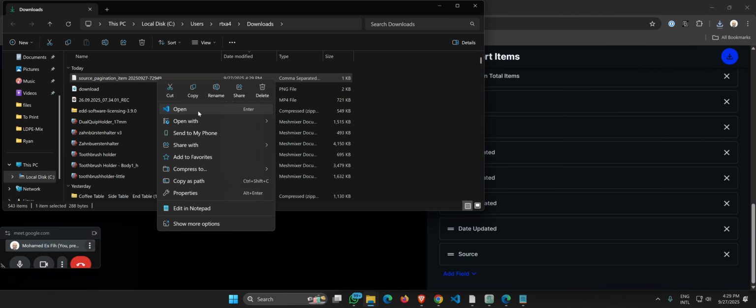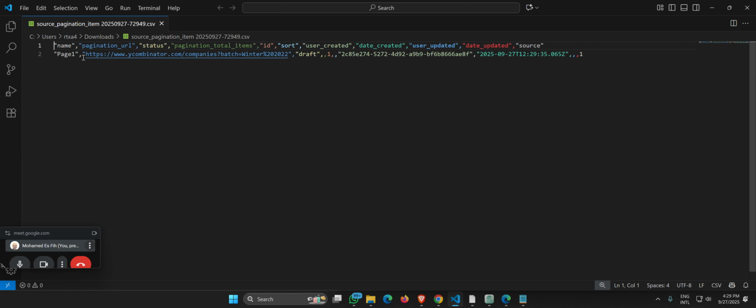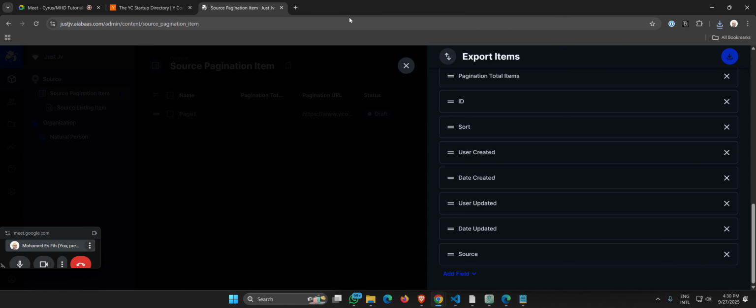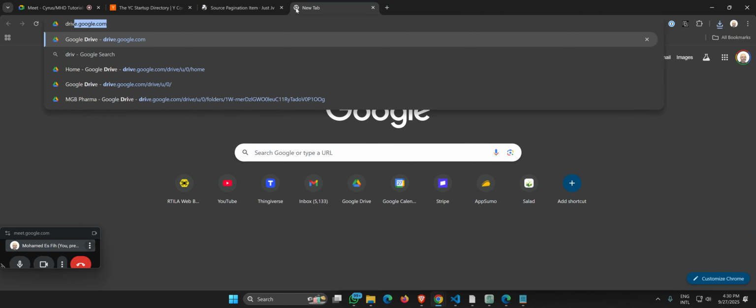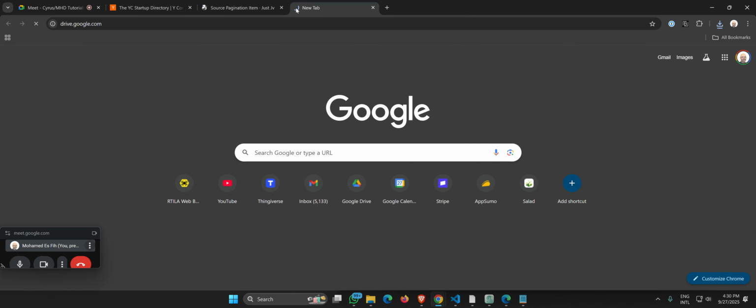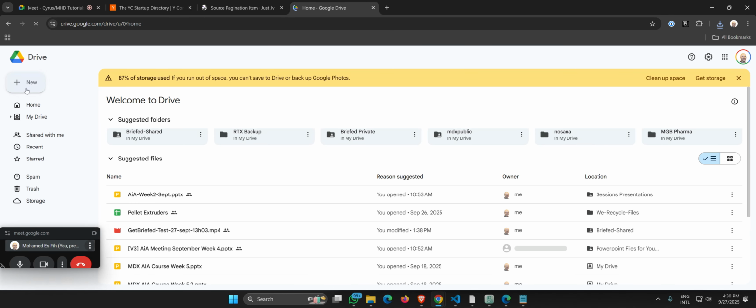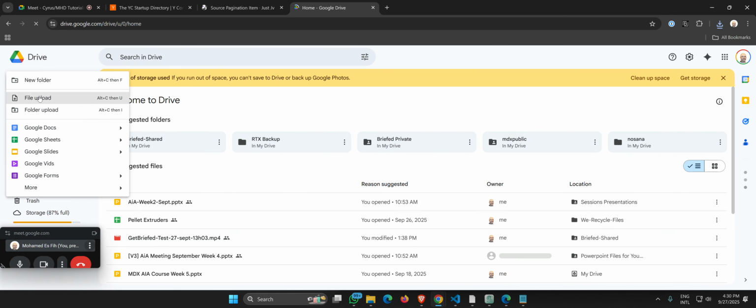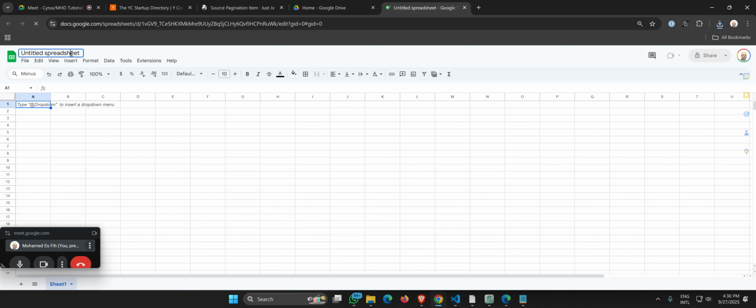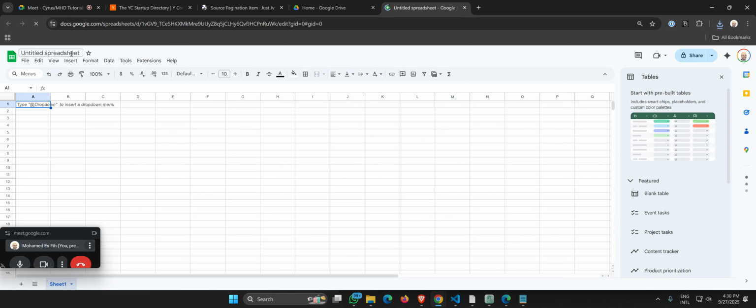I'm going to open it in my programming IDE. I can see here there is name, pagination URL, status, and so on. But it's not very user friendly in terms of visual aspects. So I'm going to open it in Google Sheets. I'm going to create a new sheet and call it YC